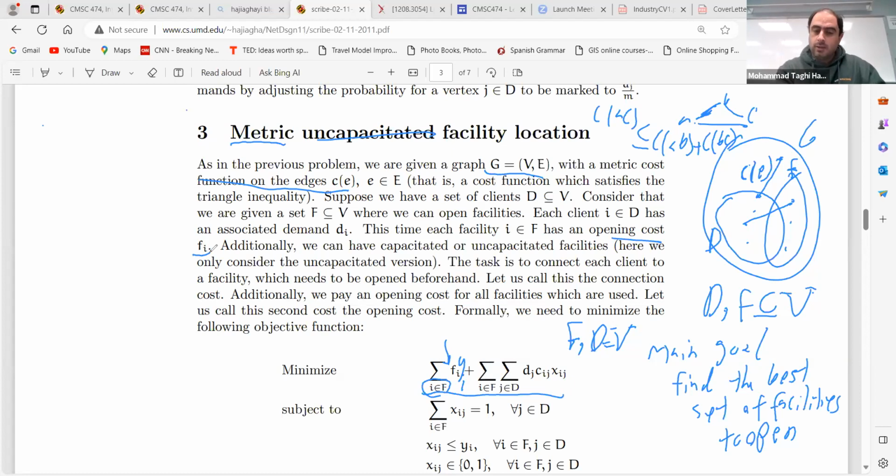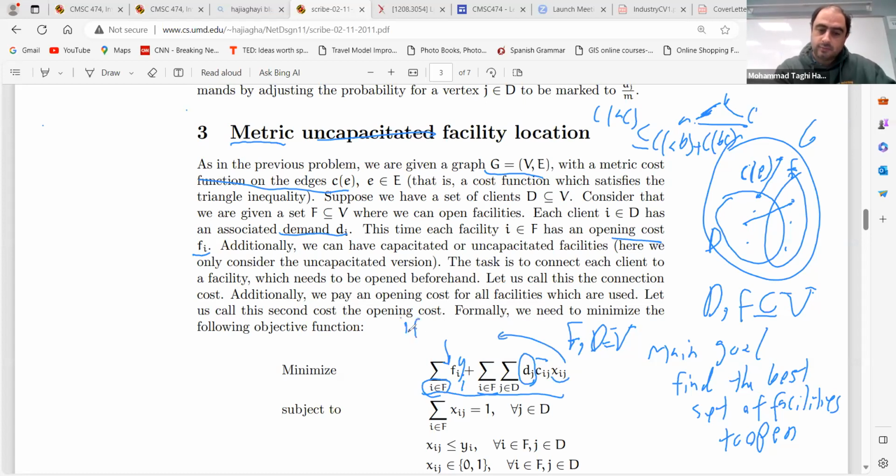And now, what about the others? For any i that you have as a facility, and any client j, and d_j is the demand associated with client j, you will pay the connection cost. x_ij essentially says